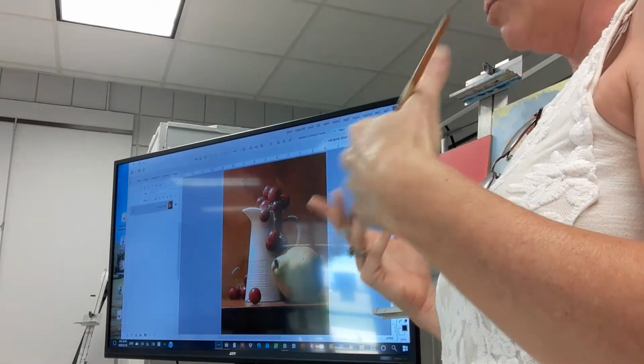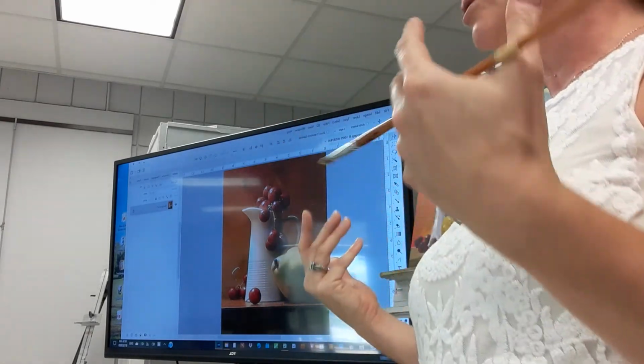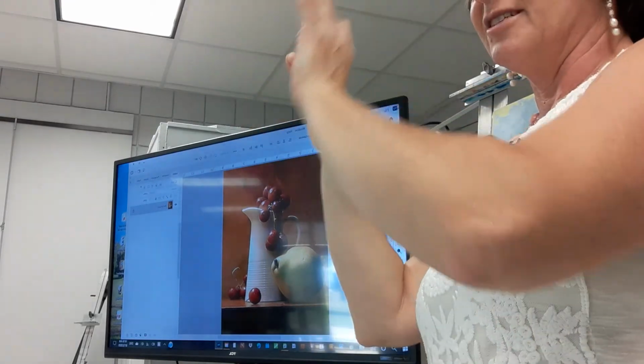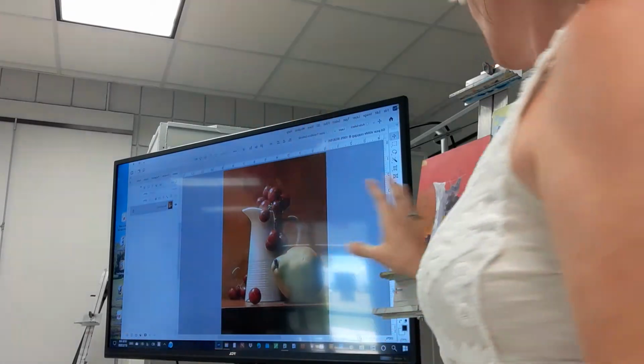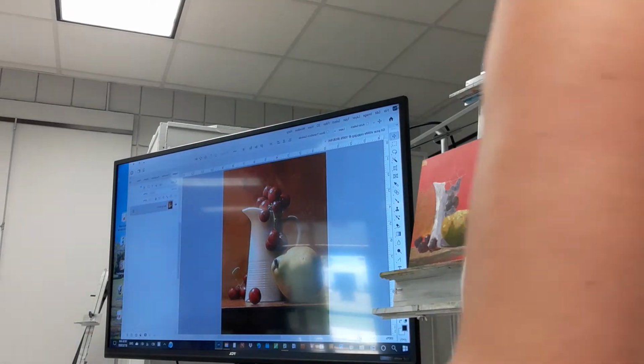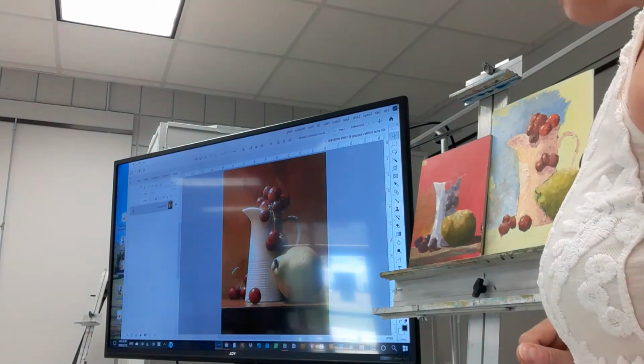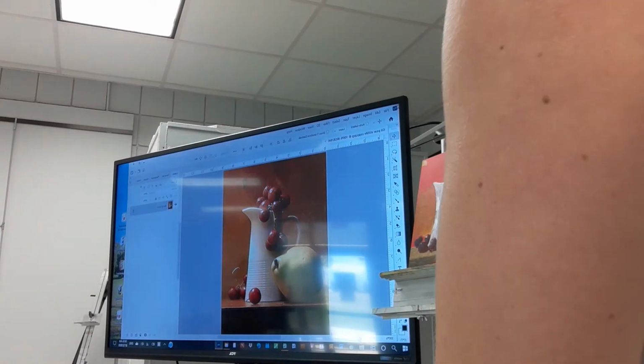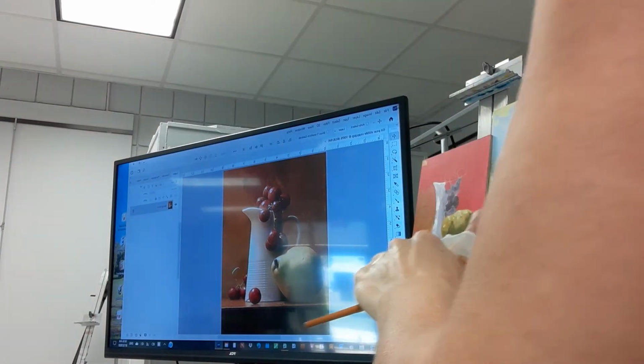That's kind of what you want. That's what people mostly call loose. I want to paint loose. You want to see some brush strokes. It's not all blendy and the same, not a very smooth gradient. You want to have some interest on there. Something else I want to say. Let me finish the